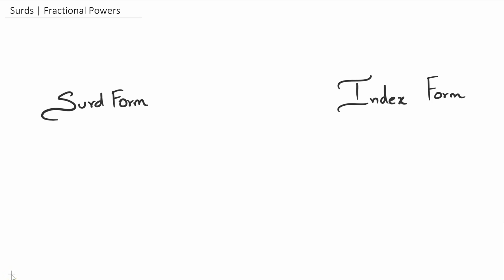Hey guys, in this session, we're going to be looking at surds and fractional powers, but also index form as well. So just to give you an idea of what I mean by surd form. Surd form is when you actually have the square root symbol, all right? Now, this could be written in index form, or we actually call it fractional powers as well. So anytime you have a square root symbol, it's the same thing as saying a to the power of half,